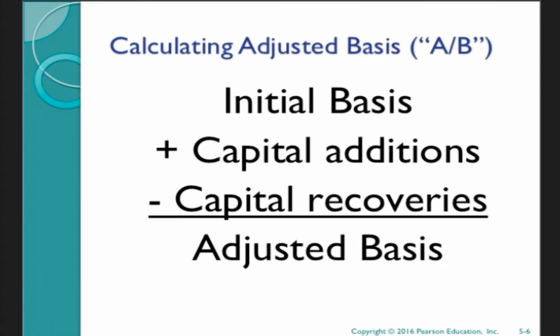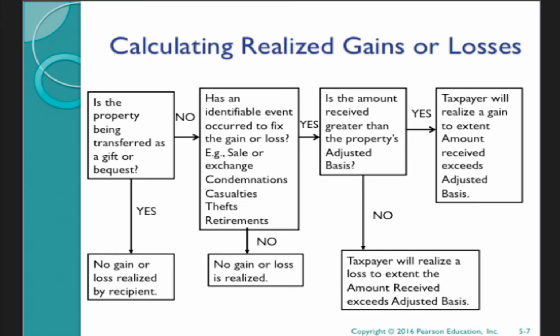So generally, an adjusted basis starts with the initial basis whenever you received the asset, whether that was by gift or by purchase or whatever. So whatever the basis that you had on the asset initially, plus any capital additions, so additions to the asset that would be considered capital additions, minus any capital recovery. So this is any recovery of your basis, and that's going to depend a lot on what type of asset it is, whether that's even possible. But this is just the general equation. Initial basis plus capital additions minus capital recoveries gives you your adjusted basis. Okay, and then